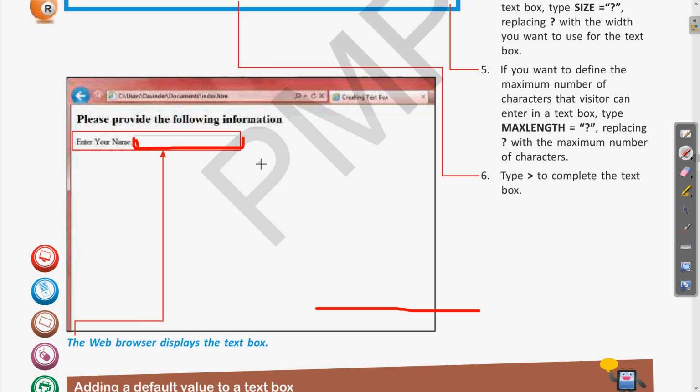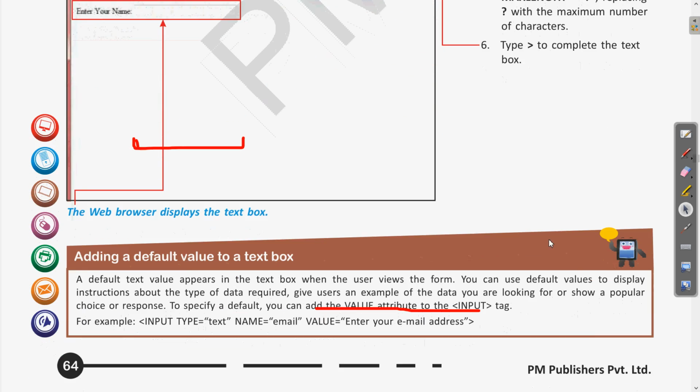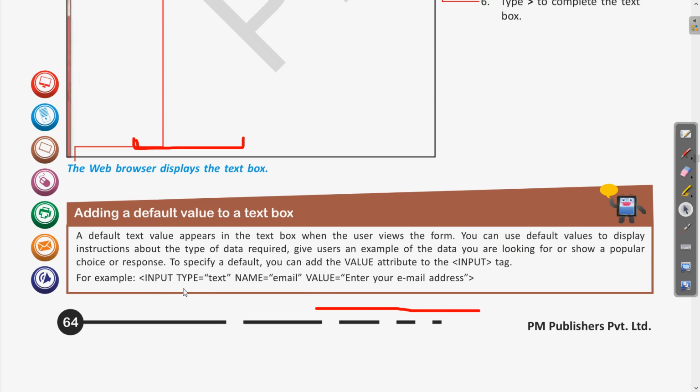For this we can use the value attribute in the input type. This here is an example, the same we have written as well. So using this we can give any default value in this text box.